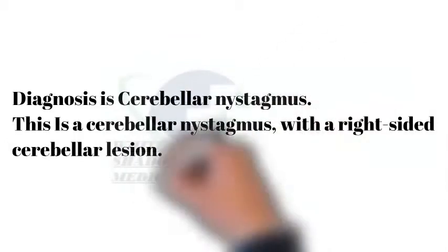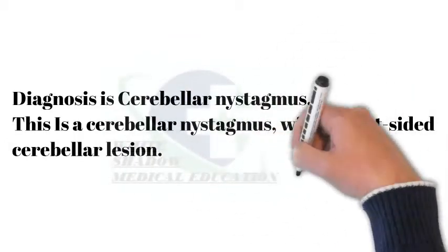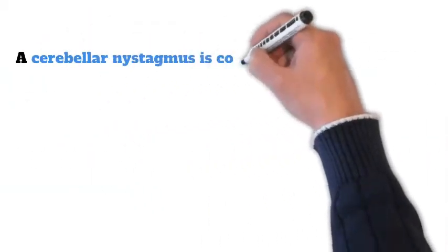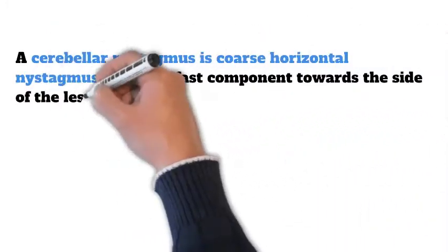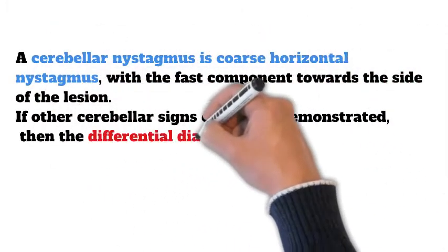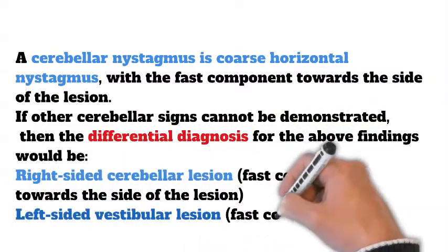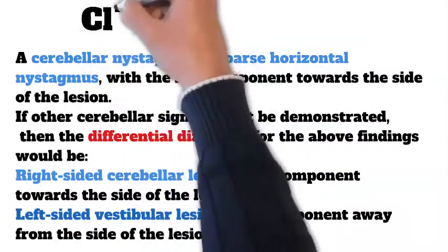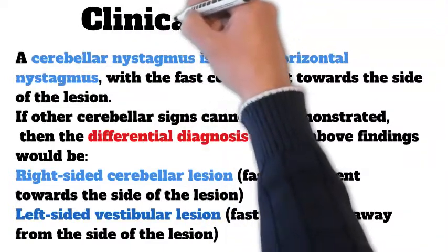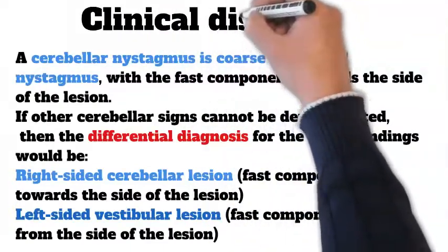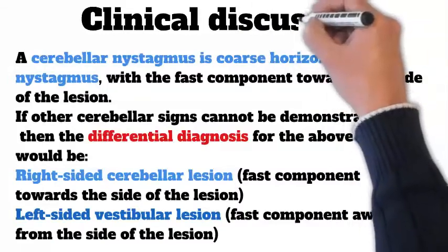Diagnosis is cerebellar nystagmus. Clinical discussions. A cerebellar nystagmus is coarse horizontal nystagmus, with the fast component towards the side of the lesion. It is important to look for other cerebellar eye signs, that is broken pursuit, and ocular dysmetria with hypo, or